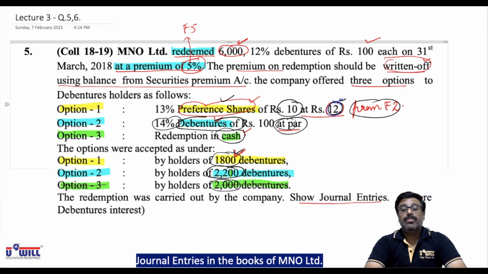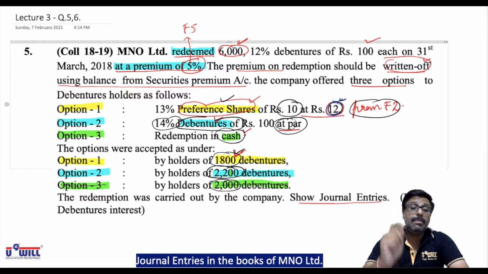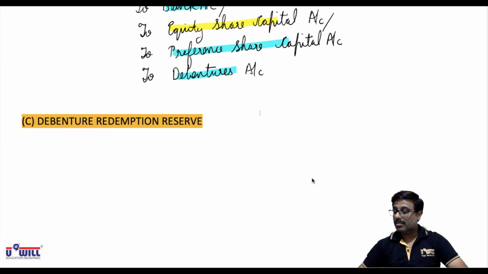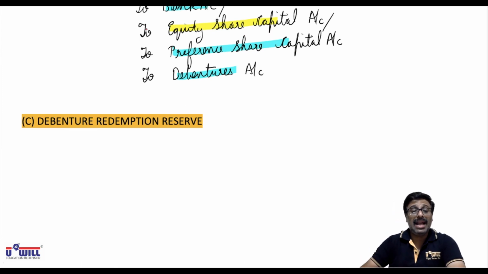Now bring back the summary, go back to the summary. We'll take up the new point of debenture redemption reserve. Third method of redemption, that is debenture redemption reserve. Now, the concept of debenture redemption reserve is that as per the revised Companies Act 2013,